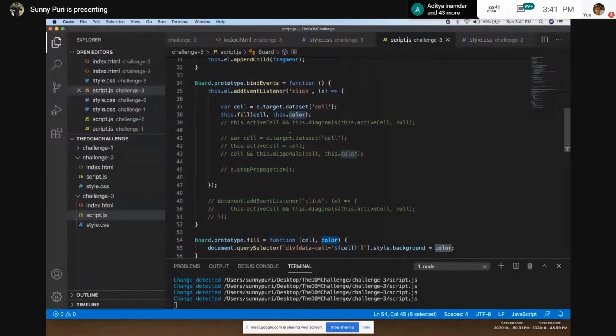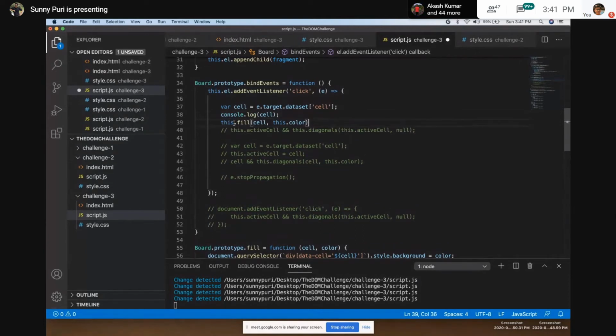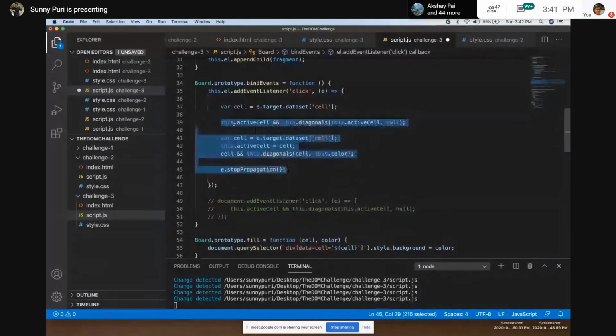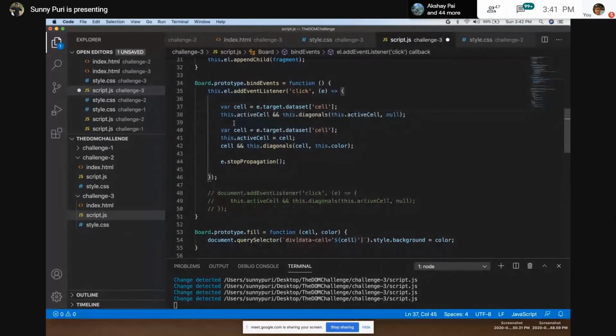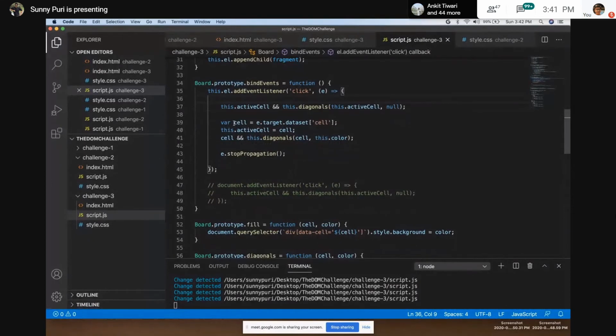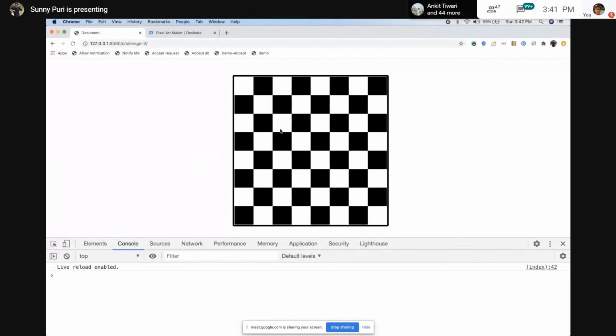Okay, so what we can do, let's store the active cell. One second. Let me revert it. Let's capture the basic first scenario.